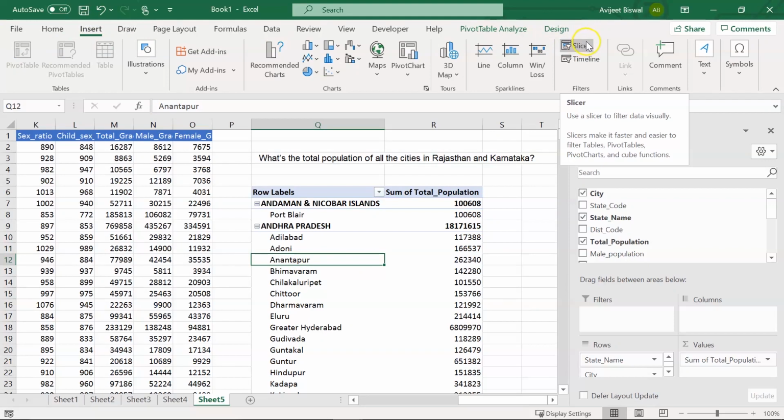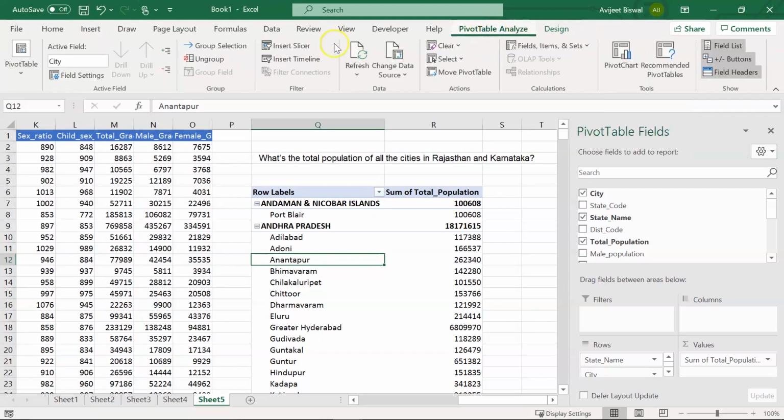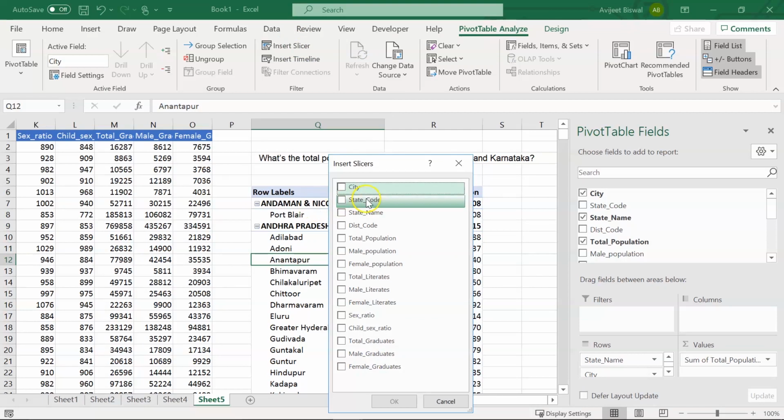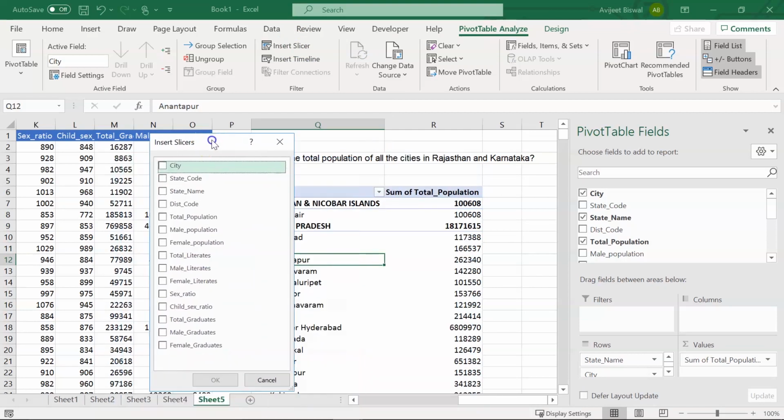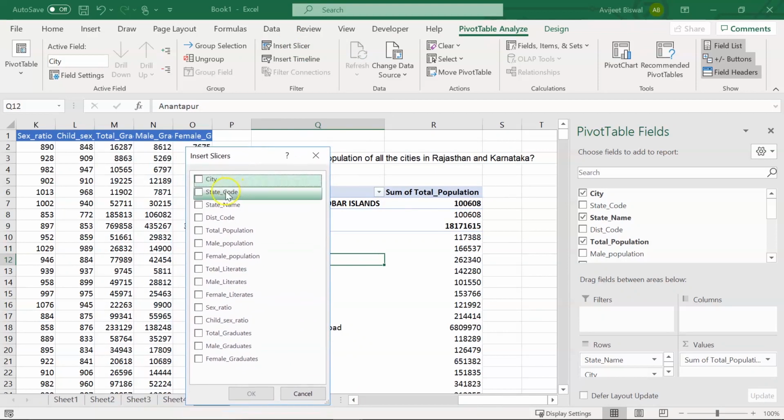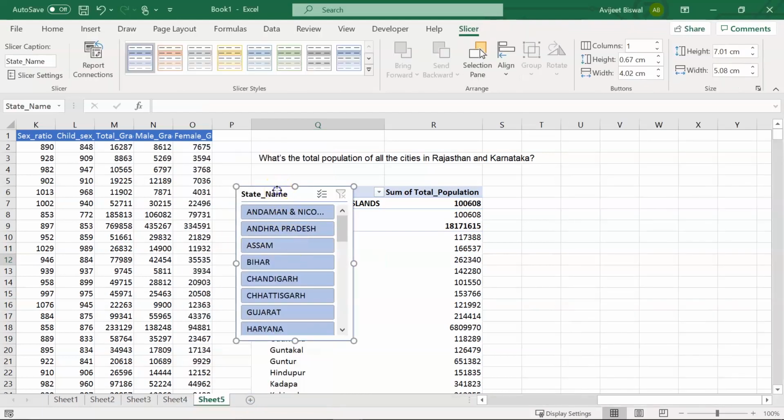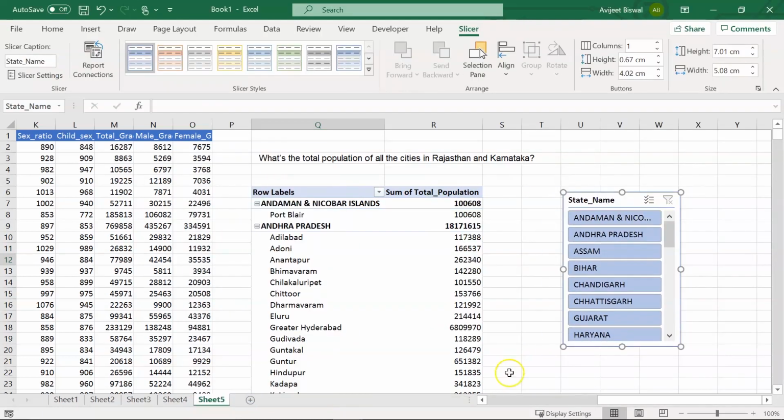Either you can create from this option, or you can go to pivot table analyze option, and here you have the option to insert a slicer. I'll click on this, and since we want to slice the table based on state, I'll choose state name as my slicer field. You can see this is my slicer here.